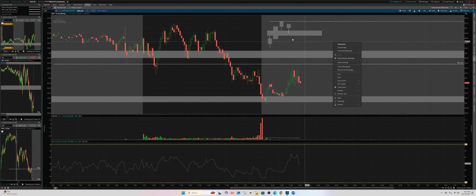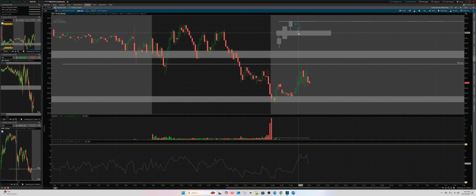Get my beautiful drawings. Okay, so save this candle, test it, and then we close like this. We're way back up there. So to me, there's two different ways I'll attack this. Either, since a high of day is typically my first price target and we close so close to it already, you either got to get in here, leave your stop below here and be okay with this coming up, because sometimes it'll come up like this and then you'll get some wicking action where it'll come back down,